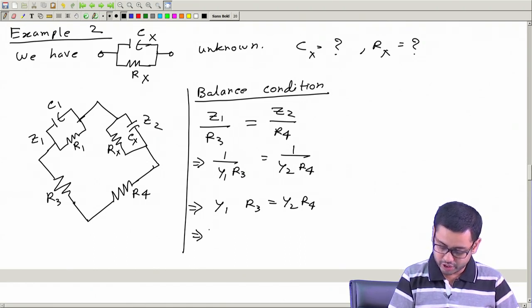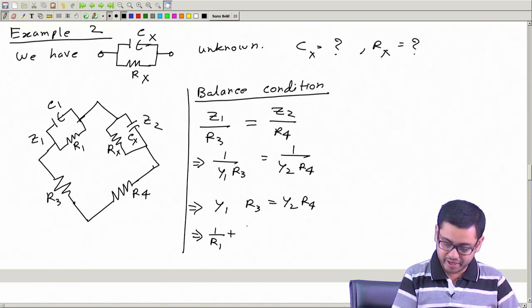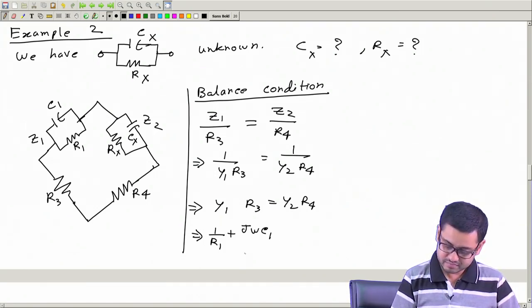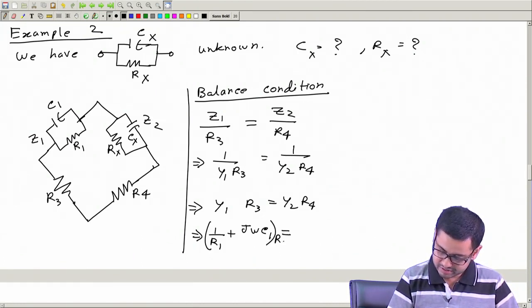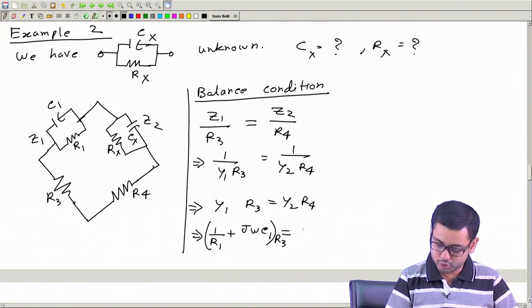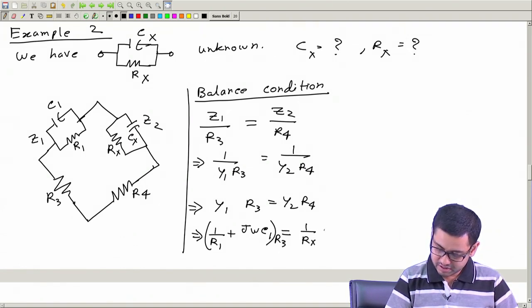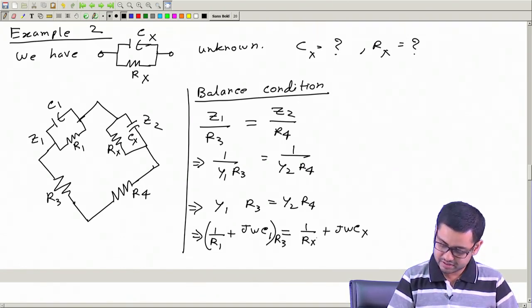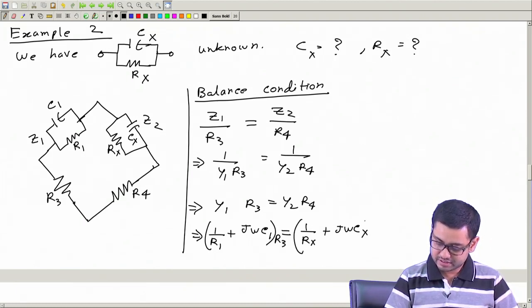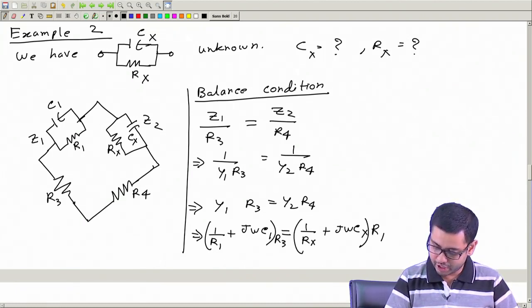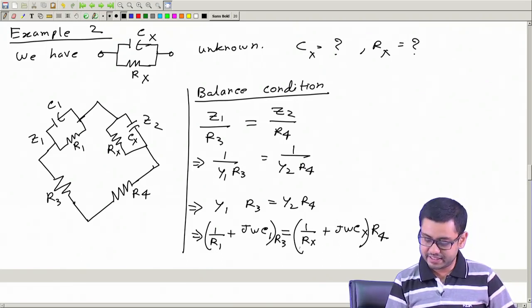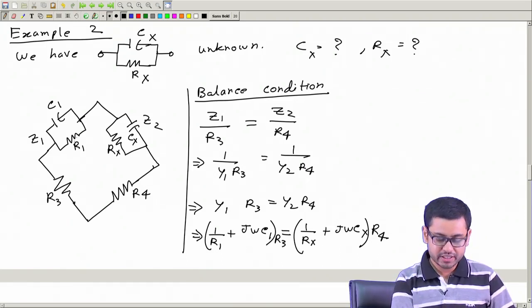I write in place of y1, this will be 1 by R1 plus j omega C1, this should be equal to, okay, whole multiplied by R3. In place of y2 we can write 1 by Rx plus j omega Cx. Okay. So, this is multiplied by R4. Observe that it is easier to deal with admittance because these branches and these branches are